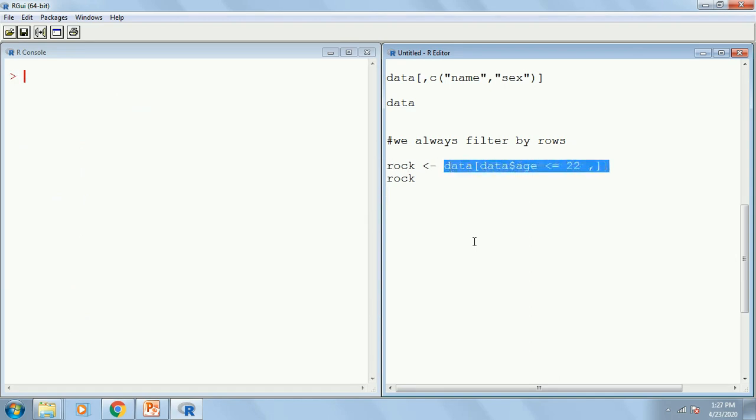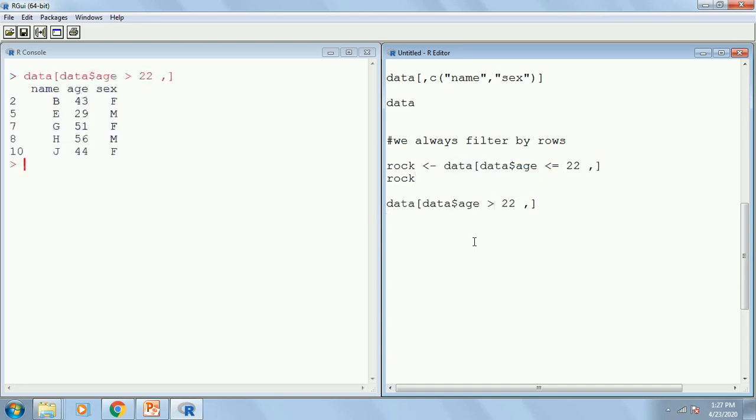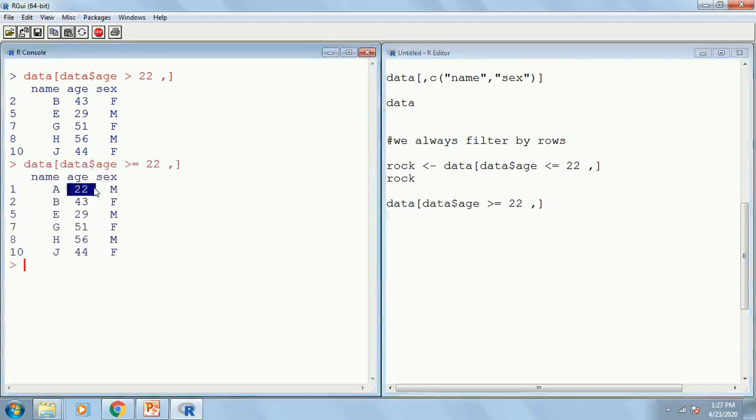Similarly, I can use greater than 22. So I have all the values greater than 22, and this is greater than equals to 22. That means 22 also we included. This time I have also 22.